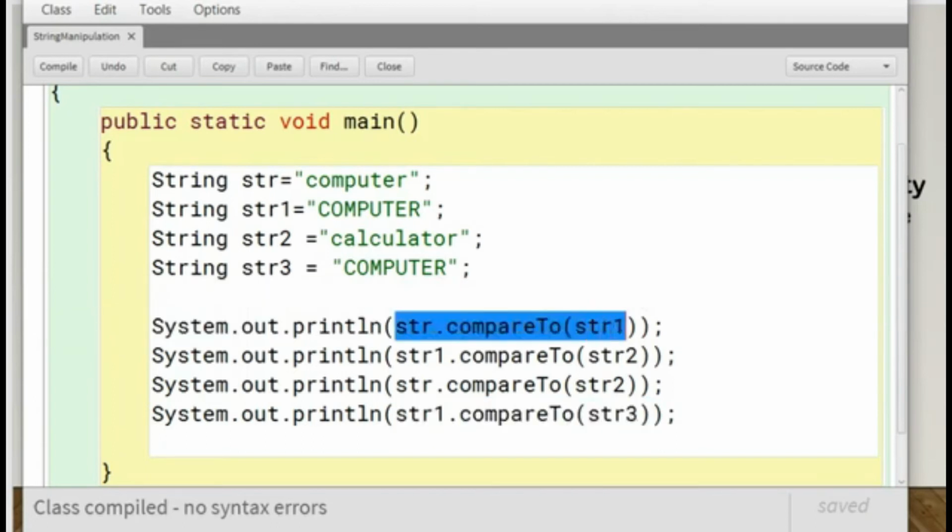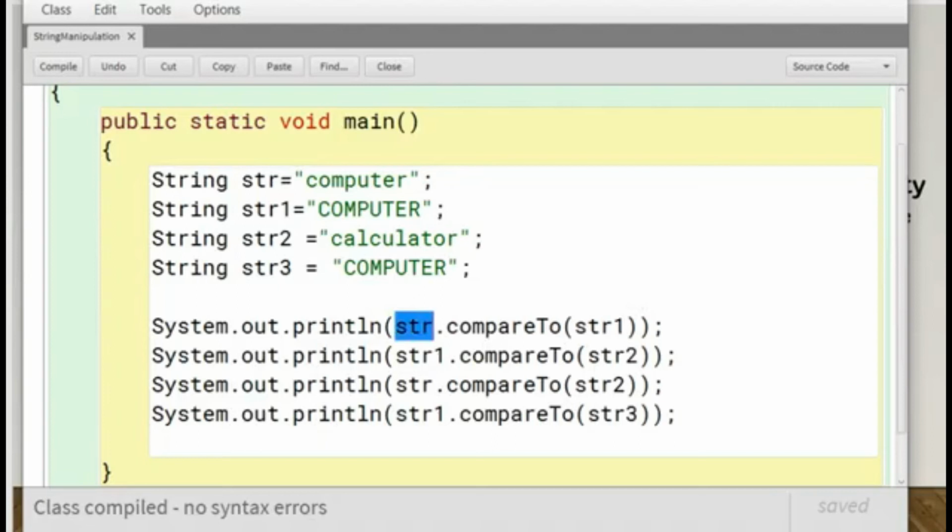In the first case, where we are comparing str with str1, in our string str we have computer, and the first character is small c, and that in str1 is a capital C. Small c has an ASCII code between 97 and 122, and capital C has an ASCII code between 65 and 90.